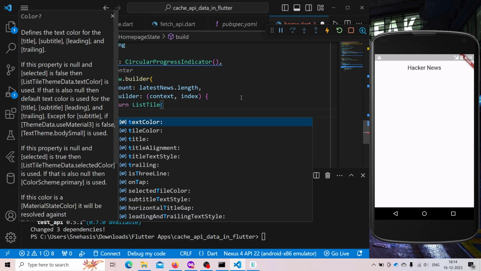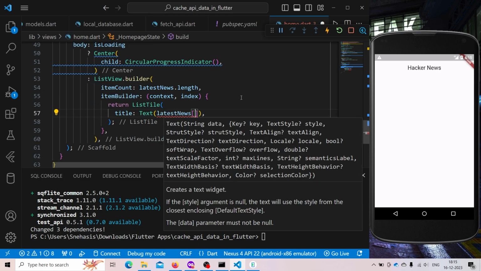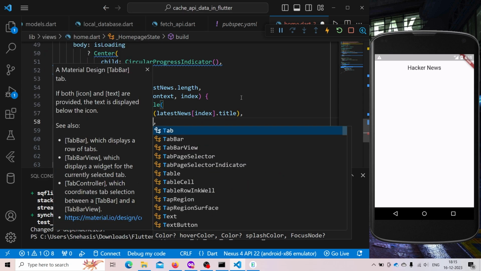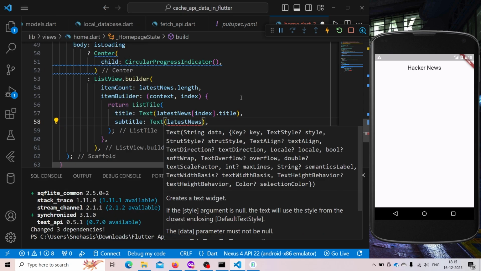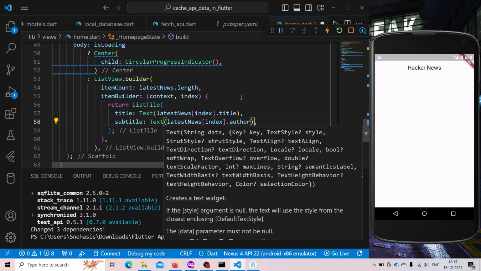The title will be text of latest news index dot title, and subtitle will be text latest news index dot author, or we can make it a little fancy by